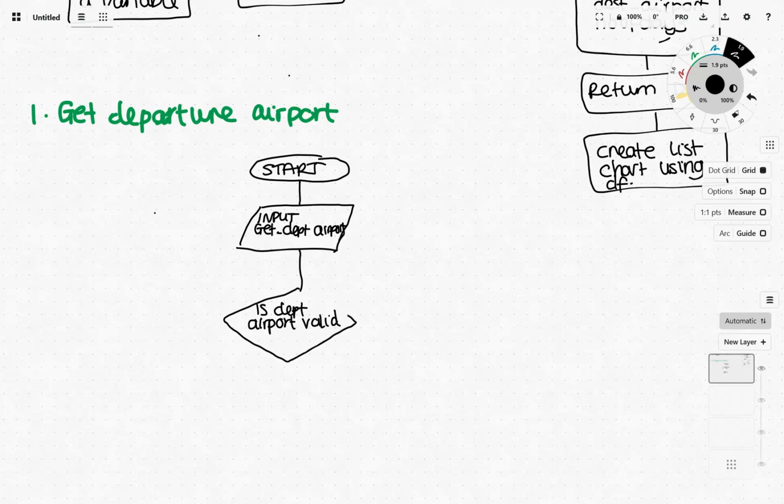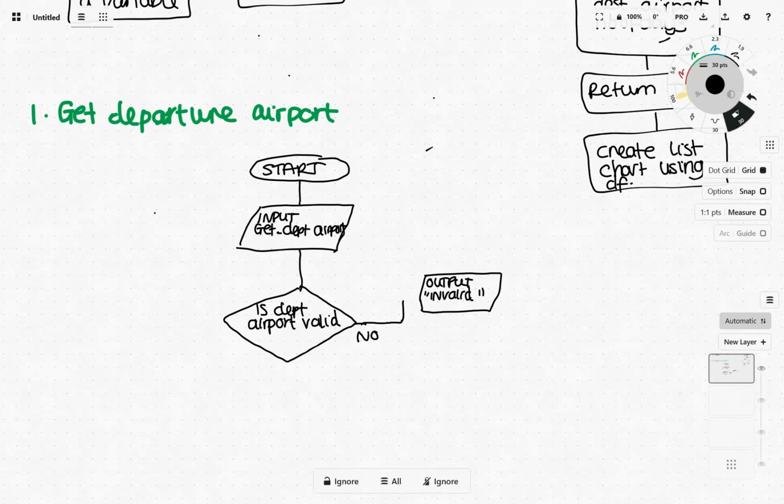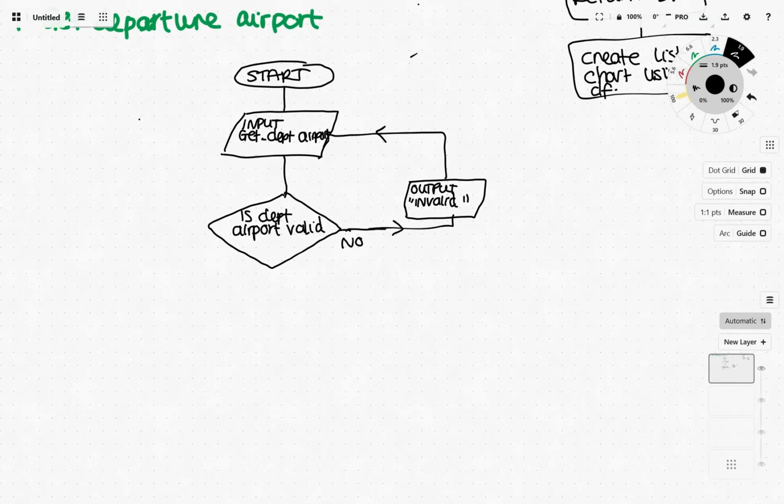And then obviously remember, these can only ever have binary outcomes, so yes, no, true, false. And then if it is no, you might have some sort of output that says is invalid, and then try again. You'd obviously put a little bit more detail in than I would, and you probably would also make sure your arrows line up to mine as well. There we go. Right, let's try that again. So that would go there, and then that would go back into here. Always remember to show your directions on here. And then if it was yes,